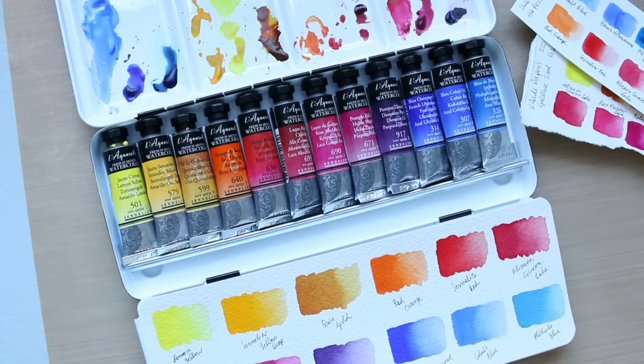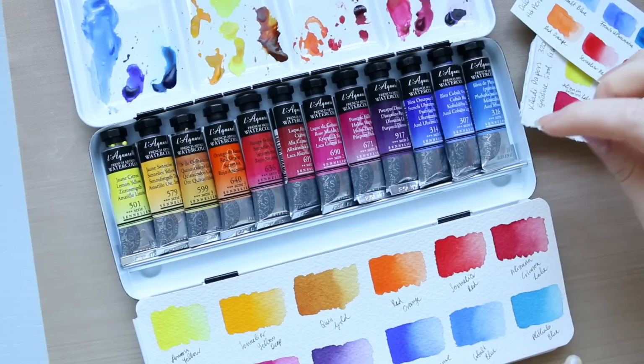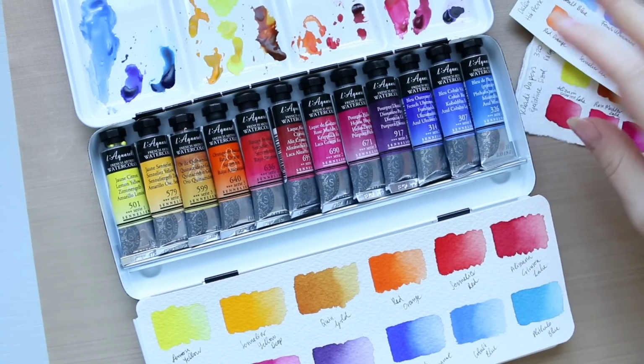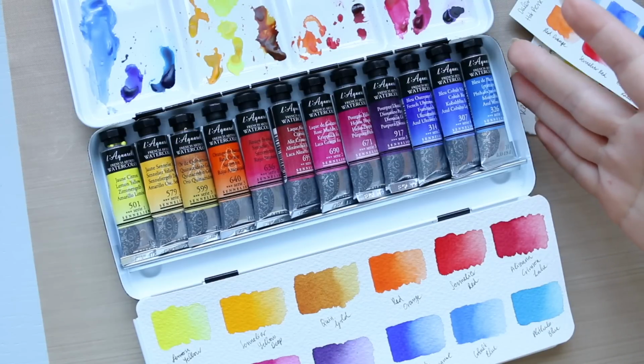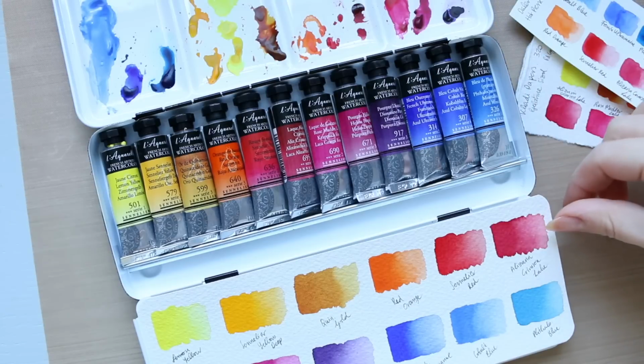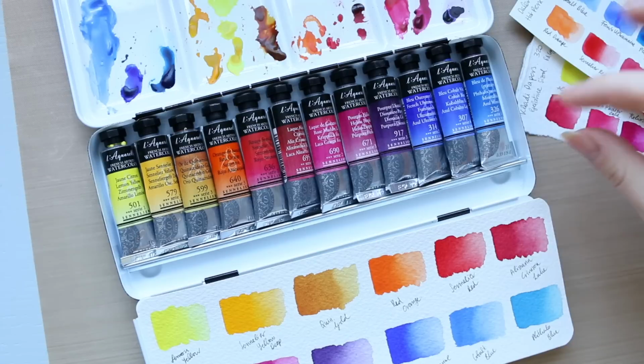Hi everyone, so I think this is going to be the last video in the series of this Sennelier Botanical Watercolor set palette. I have done quite a few videos based on mixing the greens, transparency test, my first impressions, which weren't great for me, and having now really spent a lot of time researching and